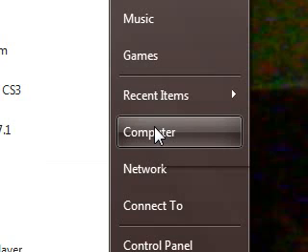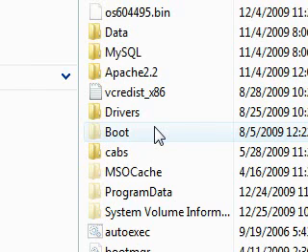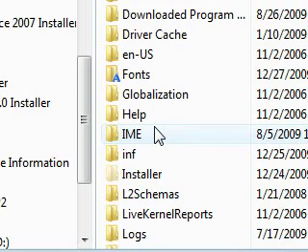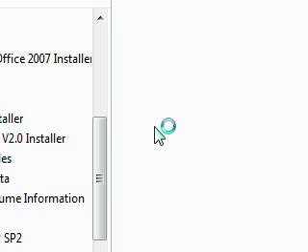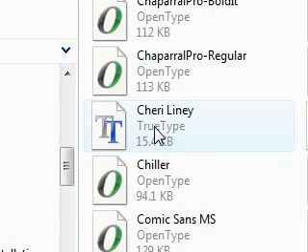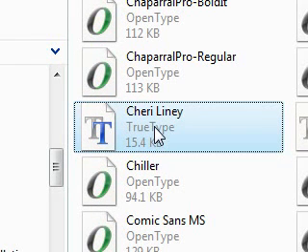So let's check. Go to computer and click local disk and go to Windows and go to fonts. Let's look for Cherryliney. So there, we already installed the Cherryliney font.